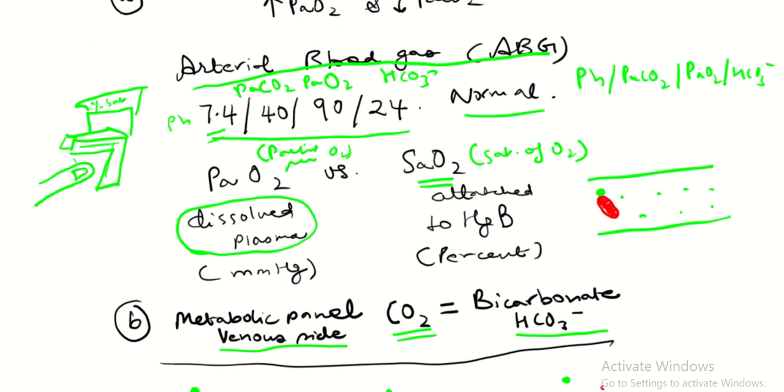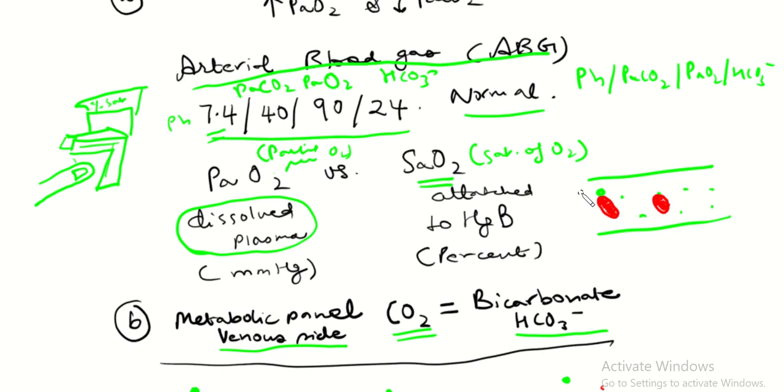So if I have, just come up with something, two hemoglobin molecules and they're both attached, right? The saturation of oxygen is going to be 100% because that's the percentage of hemoglobin that are attached to the